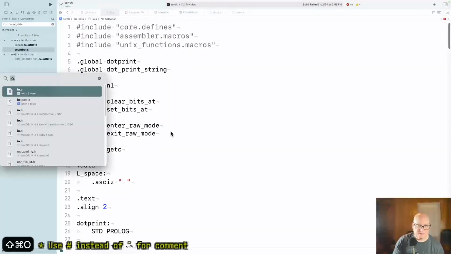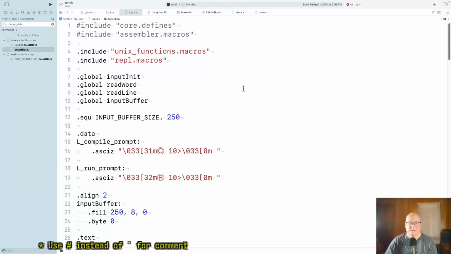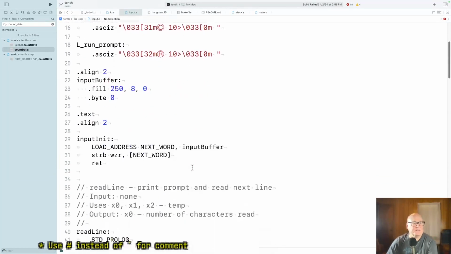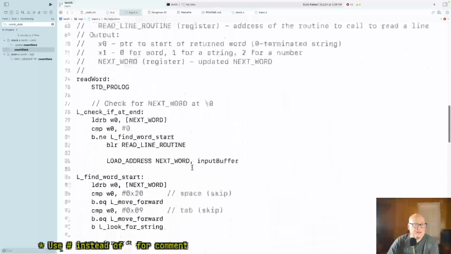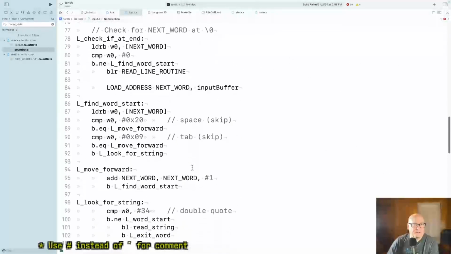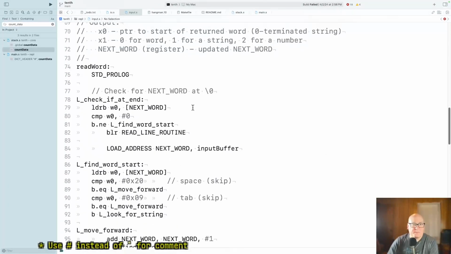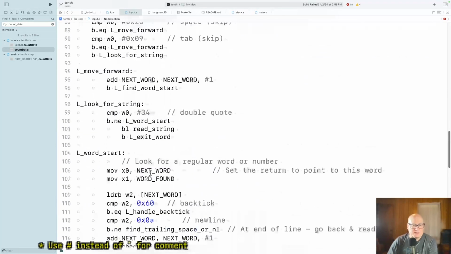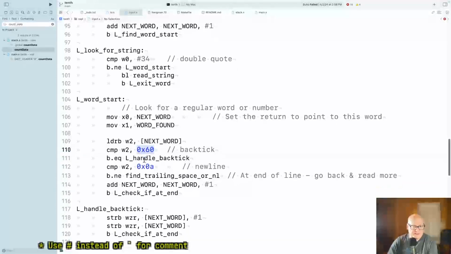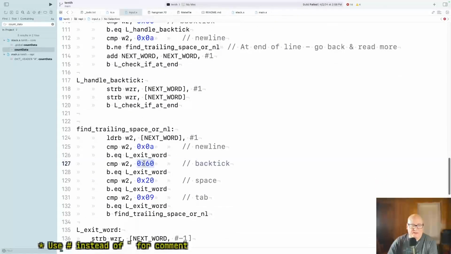Maybe it was input. Kind of not clear what the difference is. Okay, read line, yeah, read word. Okay, so, well, one thing, that's in here, and it's a couple places, here and here. But I think